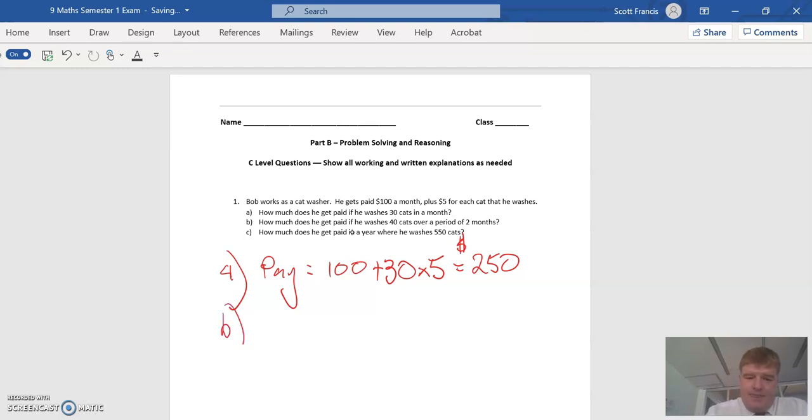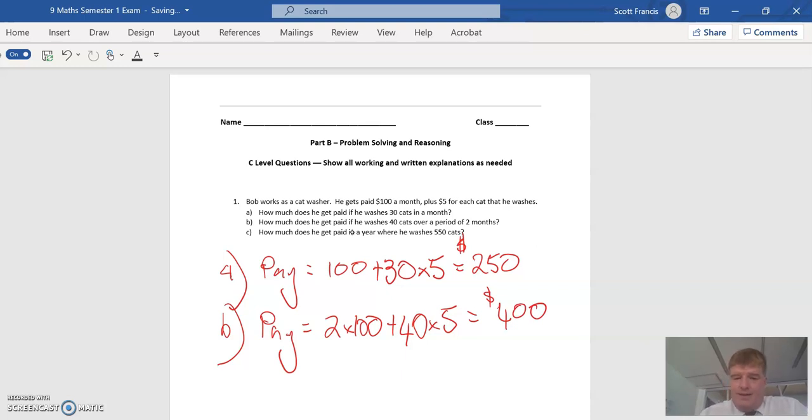For B, 40 cats over 2 months. So his pay is going to be 2 by 100 plus 40 cats at $5 a cat, which is going to end up being 200 plus 200. He's going to be $400